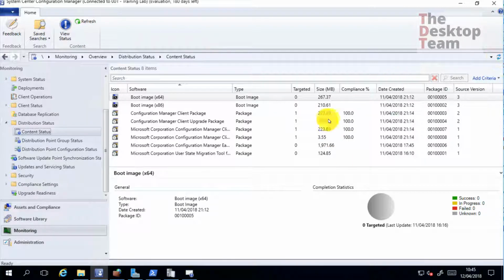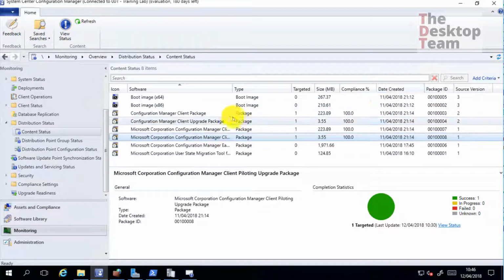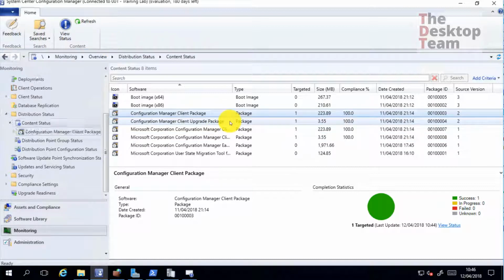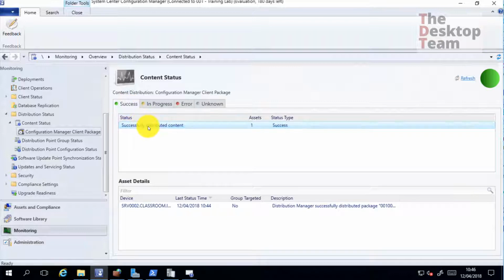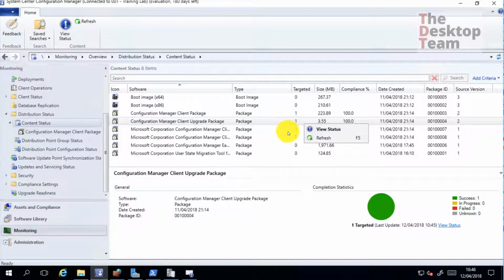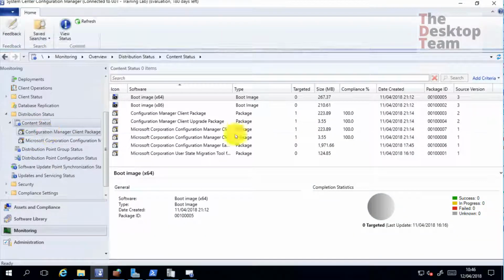I have just refreshed, so we can see here all the packages have now been copied properly. So if I right click, view stats or click, you can see there are no more errors, and now it is a success distribution. So it was successful. To speed up, I saw Configuration Manager was doing nothing, so I right clicked and redistributed the content. I opened all 3. So let me open the other 2 here, and you can see here it starts doing